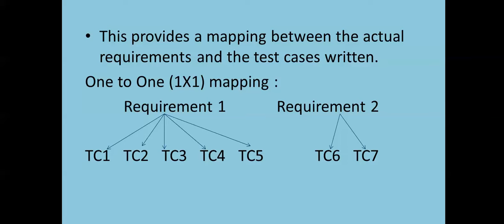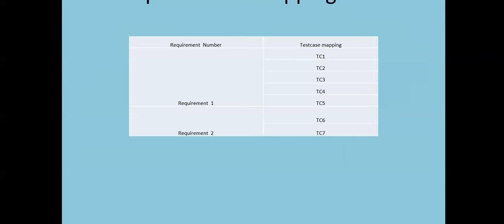One-on-one is the direct scenario. I have put this in the form of a table which shows the requirement number and the actual number of test cases that are mapped. Here, if you see, requirement 1 is mapped to 5 test cases and requirement 2 is mapped to 2 test cases. In this way, when you come up with a table, you will come to know whether we are covering all requirements or not. This will not let you miss any of the key requirements. So this is the most important step.